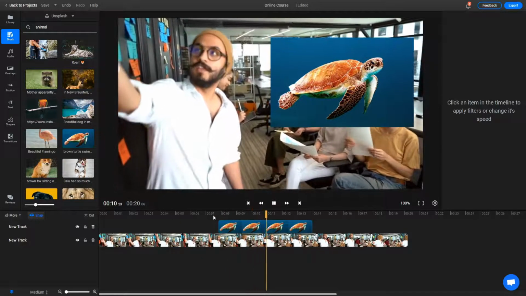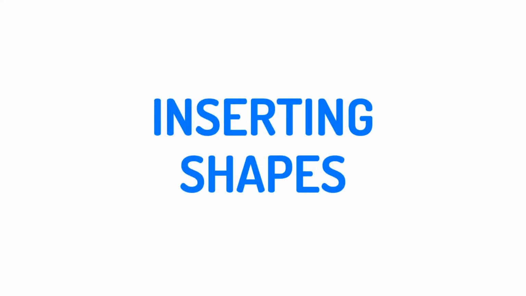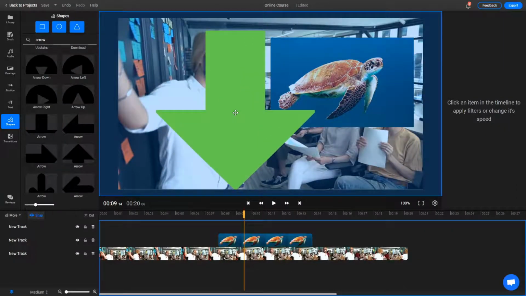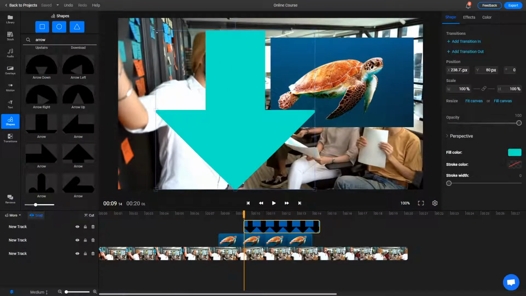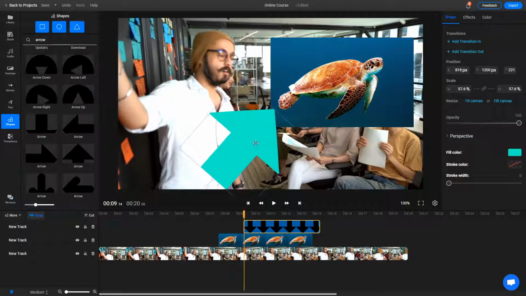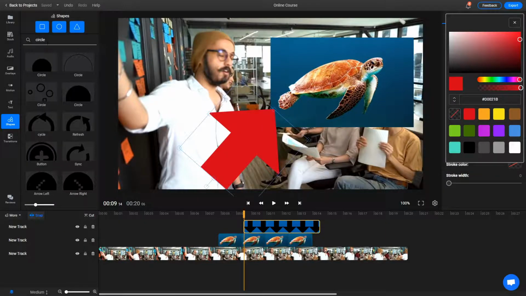You don't have to limit yourself to images though. Flixeer also offers an extensive shapes library that you can access and use to aid visual learners. Shapes can be inserted into your video in a similar manner to images, and they can be extensively customized using the Object Inspector menu on the right side of the screen. You can also overlap these shapes and use them to create diagrams or other such graphical elements.